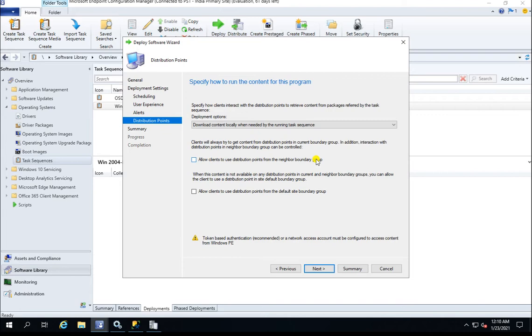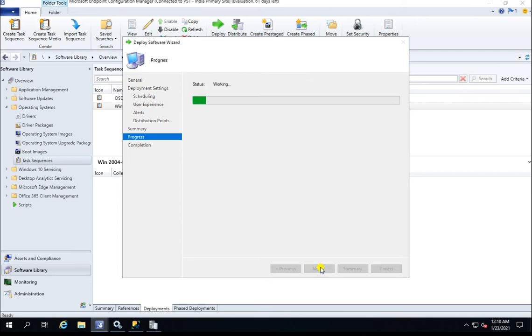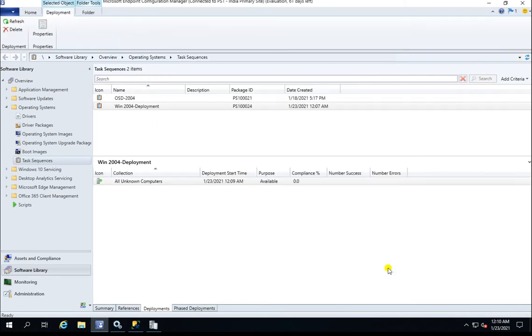Then it will route traffic to another distribution point, so that the particular client will take its data from the other distribution point. Now click on next, and we are all good here.